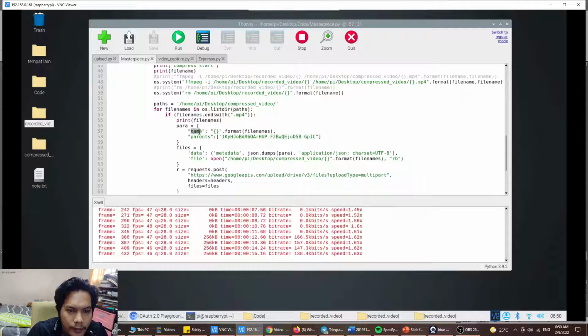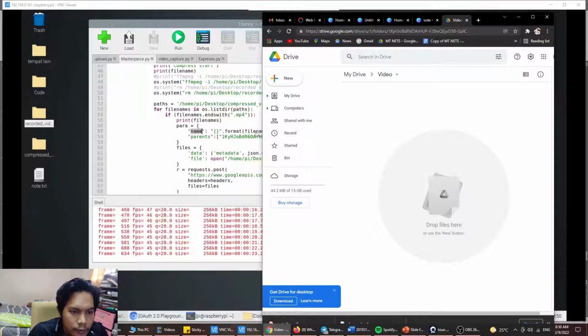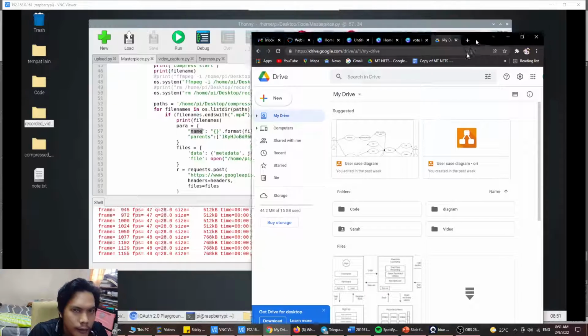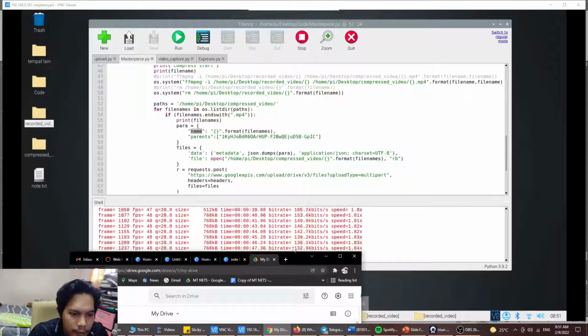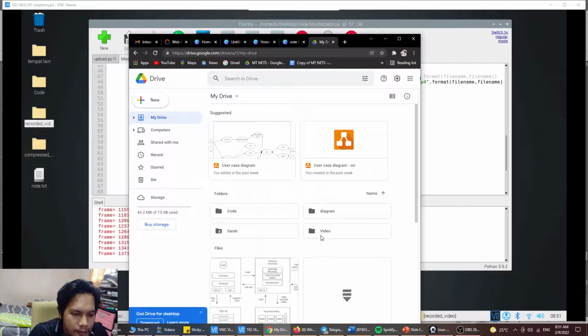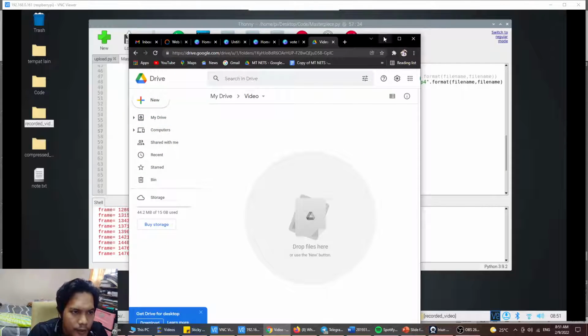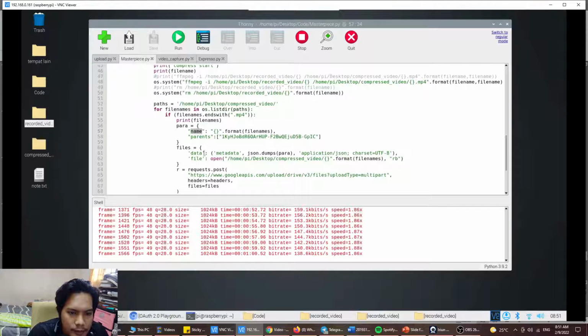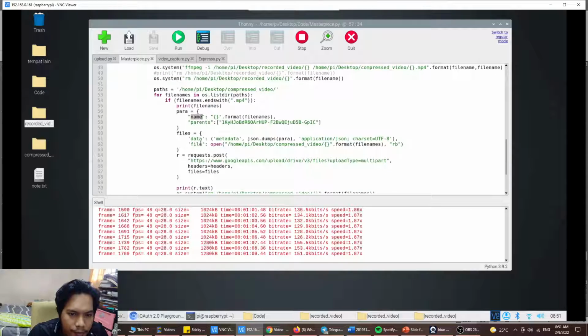this name is where it will upload the file according to the name here. So if the file here is not the same as this, it will rename the file inside here. Okay, this is the ID for the parent. The ID for the parent is for the video here. Put it here. And then this is the files where it will dump the files here. And then from the files, it will request and post